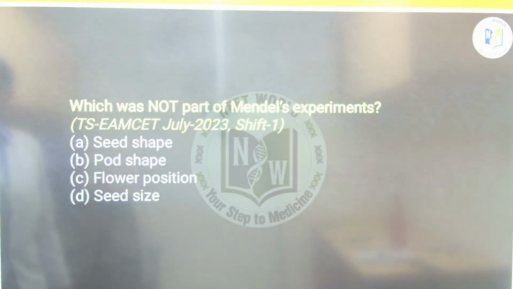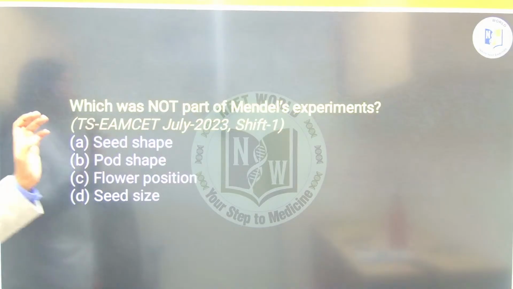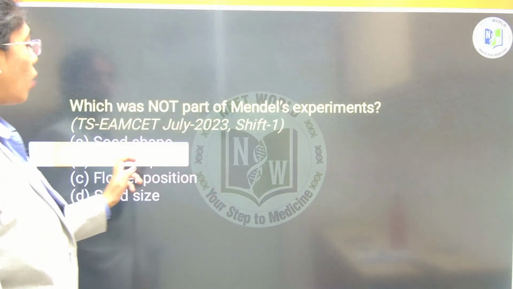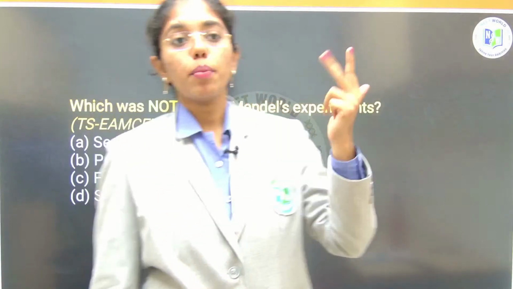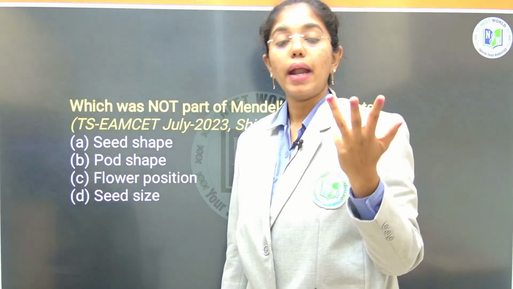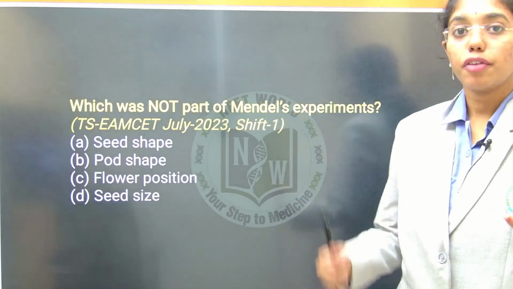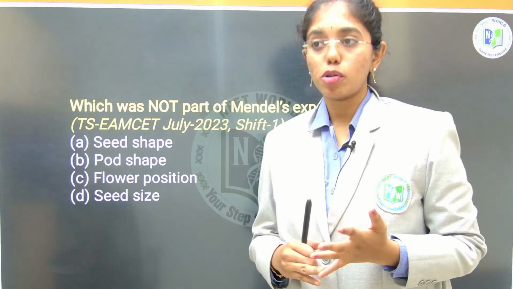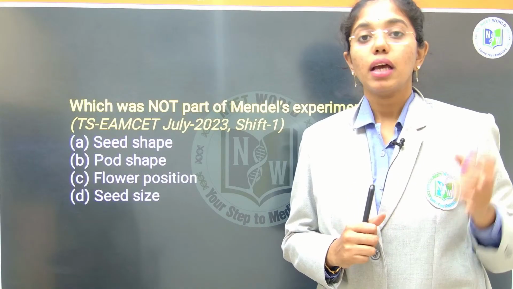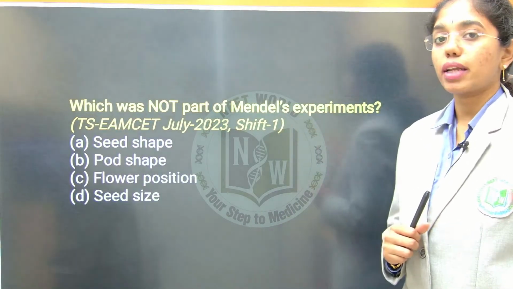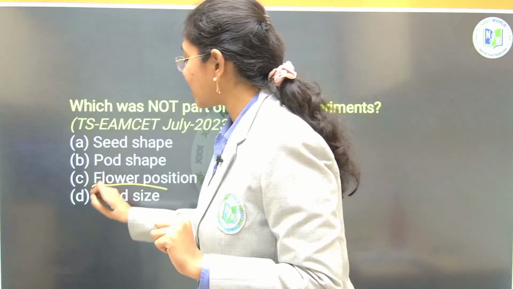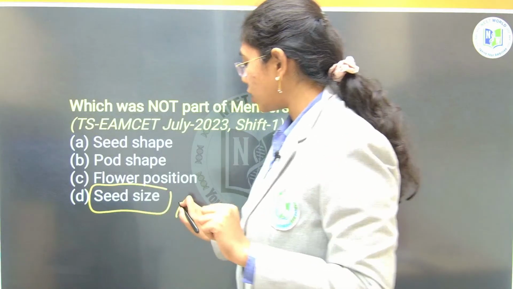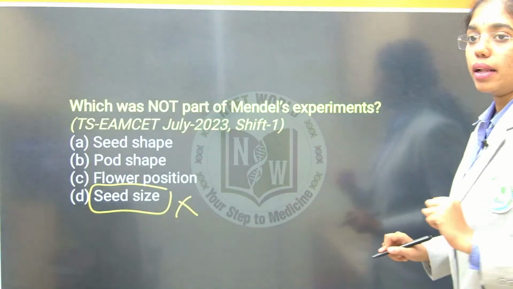Which was not part of Mendel's experiment? Mendel considered 7 characters. What are they? Seed shape, seed color, pod shape, pod color, flower color, flower position, plant height. These are the 7 traits or characters that are considered by Mendel, of which seed size is not there. Seed size is not considered by Mendel. Fine, right? And then